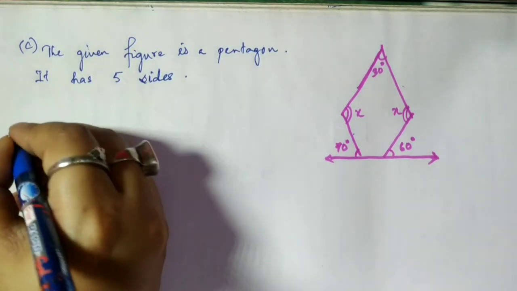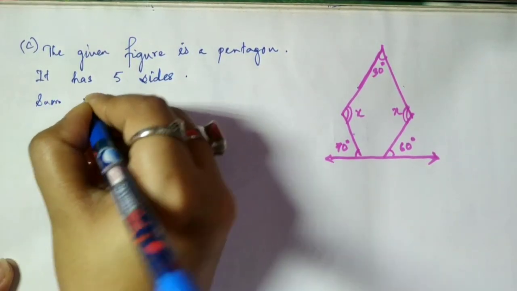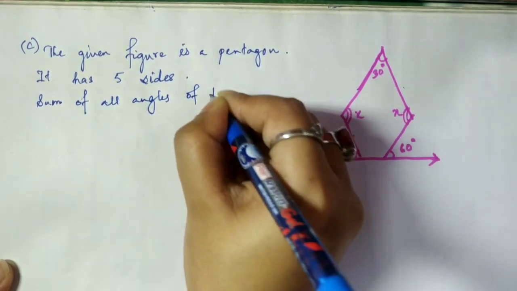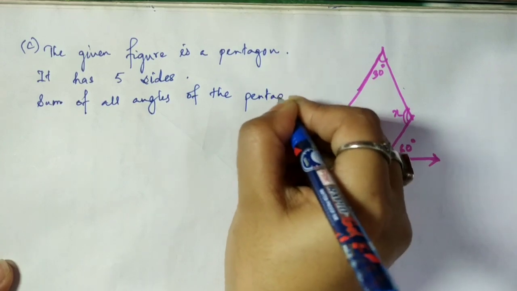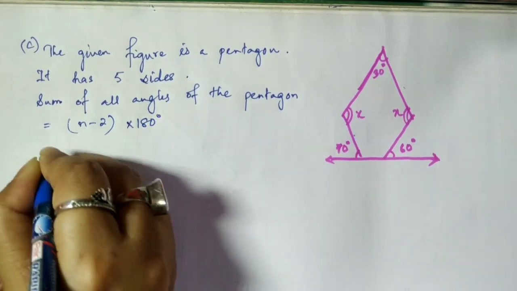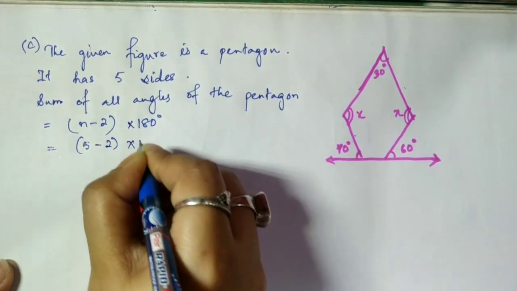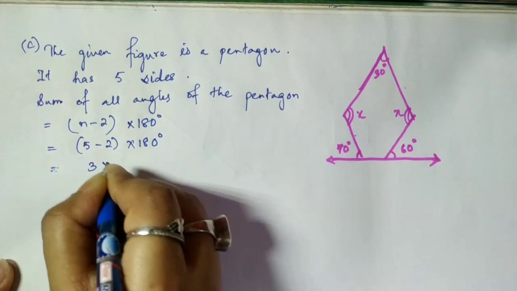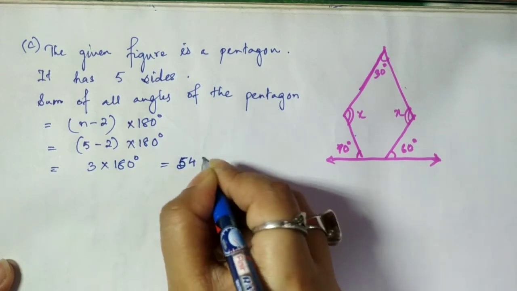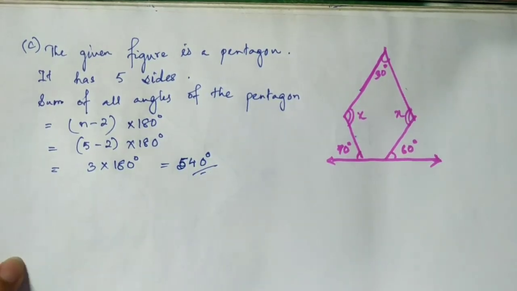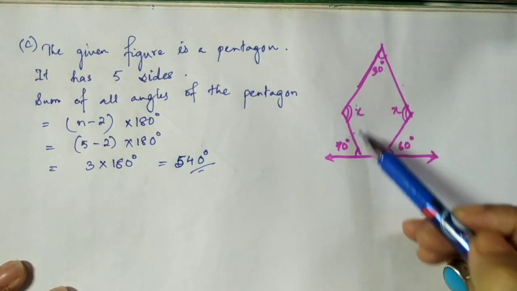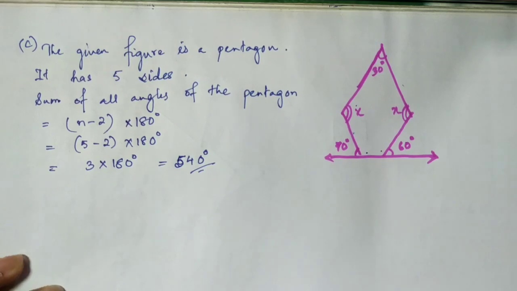Okay, so let us first find out the sum of the angles of a pentagon using the formula n minus 2 into 180 degree. Sum of all angles of the pentagon will be equal to, let's put in the formula, equal to n minus 2 into 180 degree. N is what? 5 minus 2 into 180 degree. 5 minus 2 is 3 into 180 degree will give me how much? I'm writing here itself, sorry, 540 degree. So I got this part. Okay, so the sum of the angles of a pentagon is equal to this. Now I can write this plus this angle plus this and this is equal to 540.